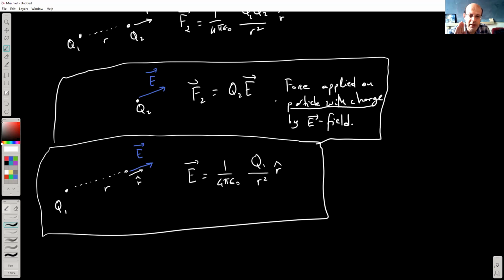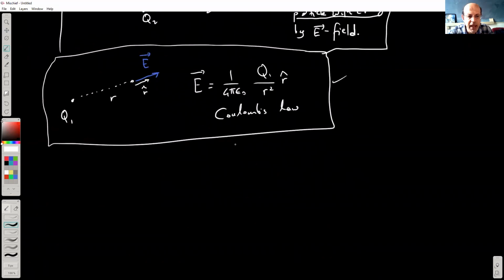So from now on, we will be talking about the electric fields. And well, this part is easy: the force applied by the electric field on charges. This is always in that form, right? But most of the time we will be talking about this feature in here, how charges produce the electric field. Well, that's also easy, right? That's basically Coulomb's law, the modified form of Coulomb's law. So this time we're not talking about the force, but about the field produced by the charges. And then we have talked about the electric field lines for visualizing